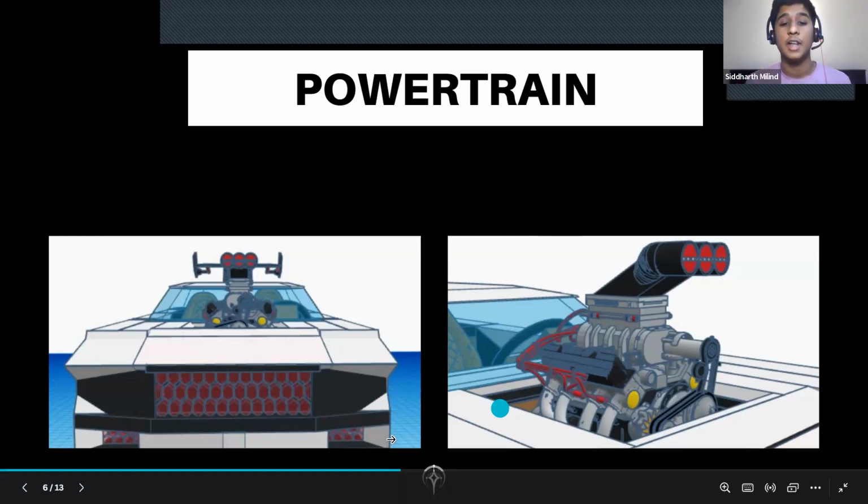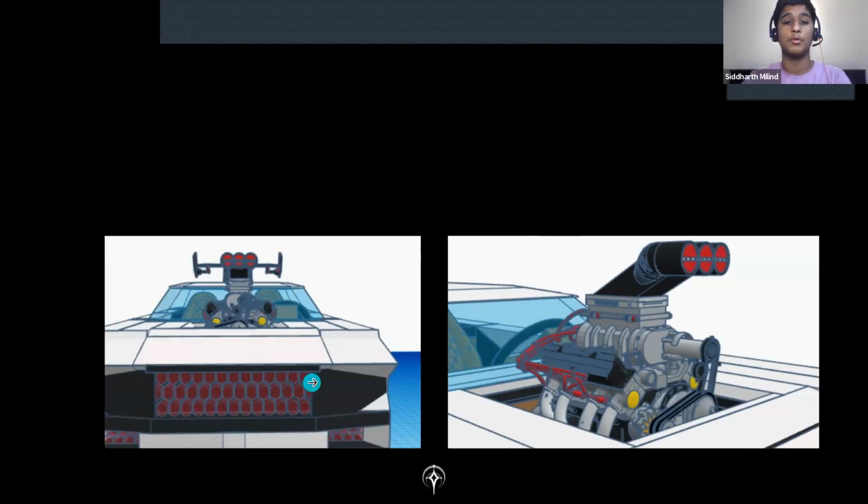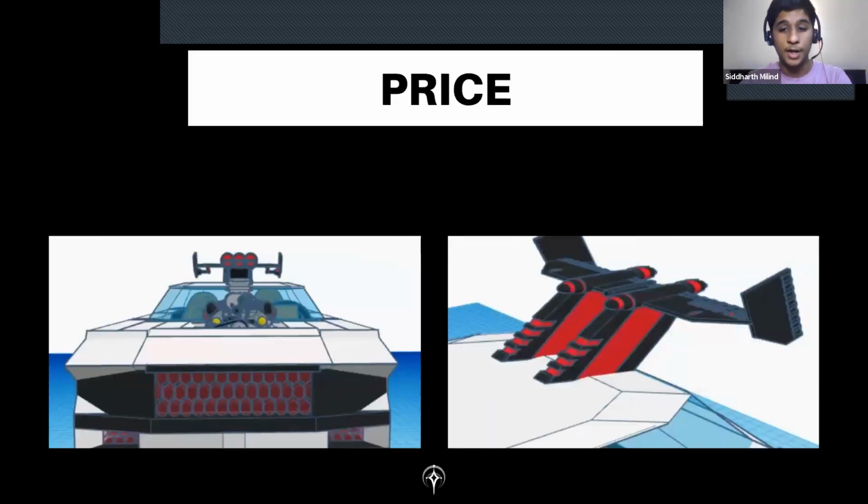Further enhancing the Divergence's performance is a potent electric motor. The electric motor works in tandem with the V8 engine, providing instant torque delivery for swift acceleration and seamless power transition. The motor is powered by an advanced lithium-ion battery pack, strategically positioned within the car's chassis to maintain optimal weight distribution. With this, we will move on to the price.